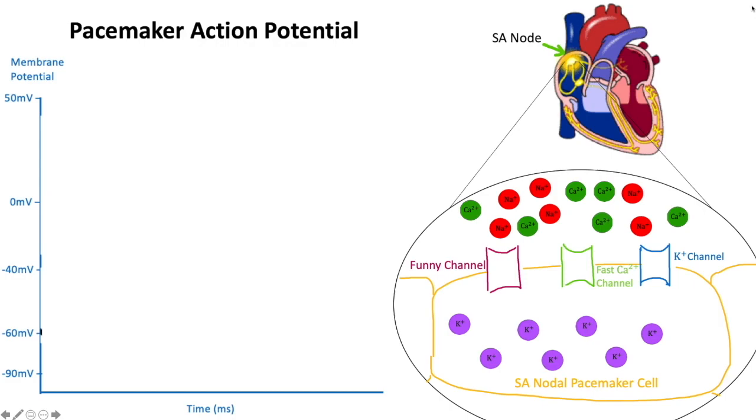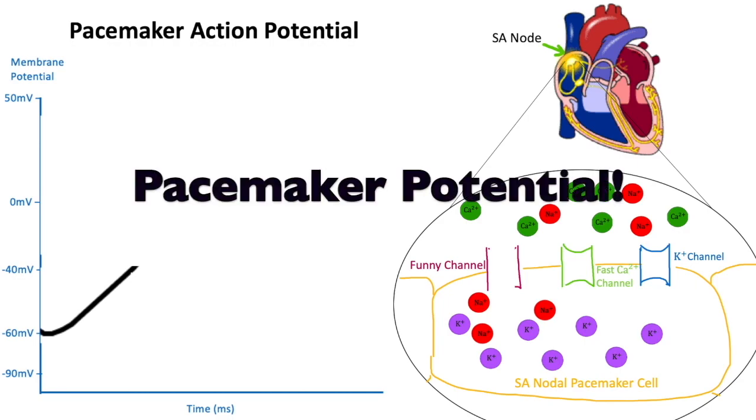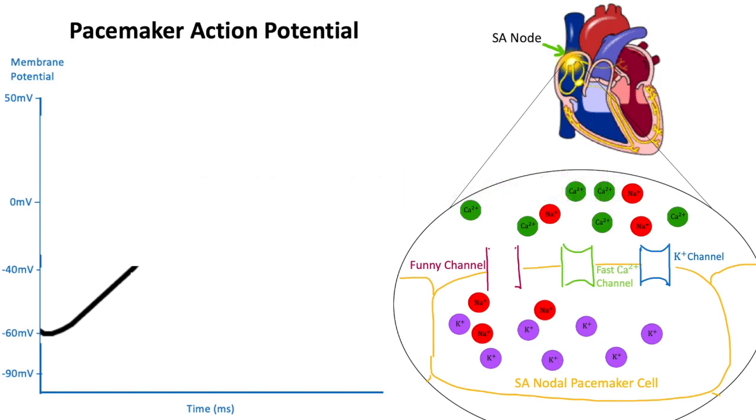The action potentials generated by the pacemaker cells within the SA node do not strictly have a resting potential. They first exhibit a gradual depolarization due to the opening of funny channels, which allow for slow intake of sodium ions. This region plays a crucial role in setting the pace required for a healthy heartbeat rhythm, often referred to as the pacemaker potential. This occurs until membrane potential reaches a threshold, which causes funny channels to close and fast